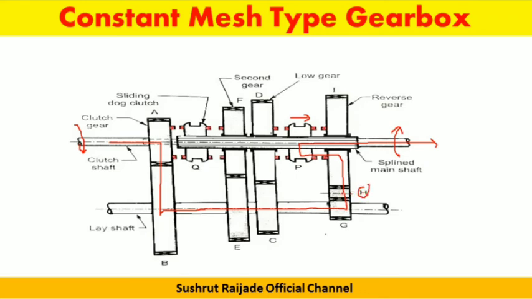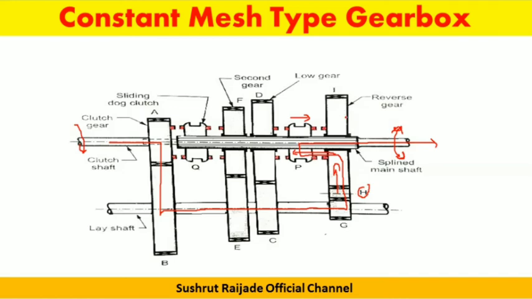Then the clockwise rotation of the H will get converted into anti-clockwise rotation of the gear I, because H is engaging with or meshes with the I. So anti-clockwise rotation of the gear I will get transferred to the gear P, which will also rotate in the anti-clockwise direction, so that main shaft will also rotate in an anti-clockwise direction. So now, by engaging the dog clutch P with the I, we can move the vehicle in a reverse direction, or we will have a reverse gear engagement.